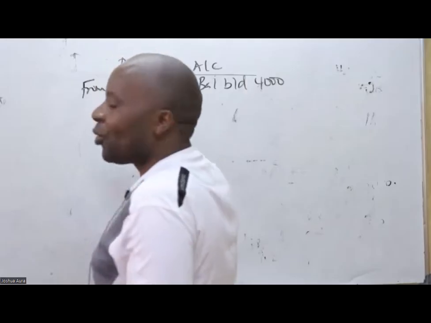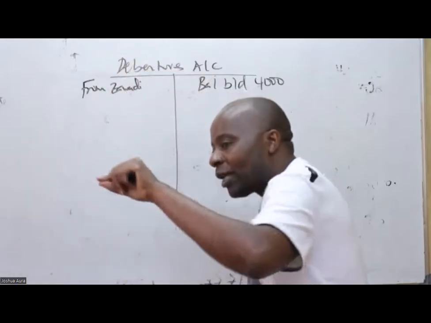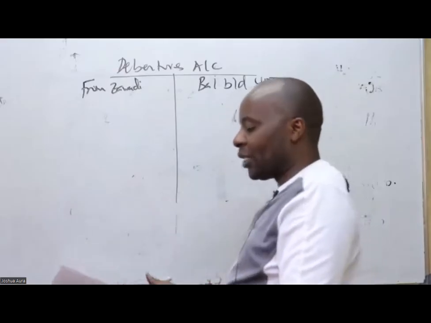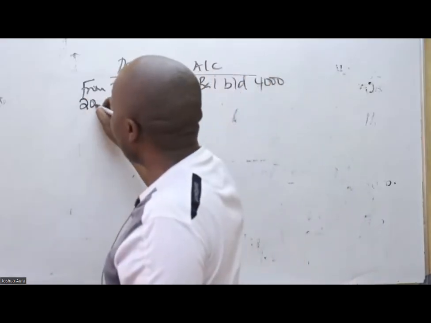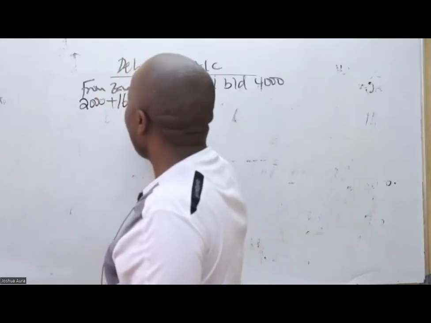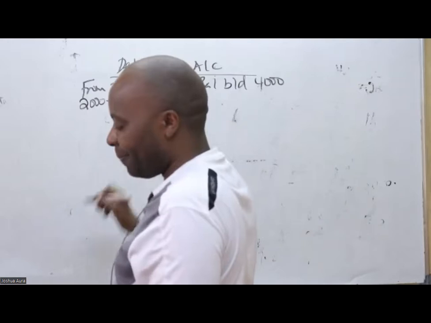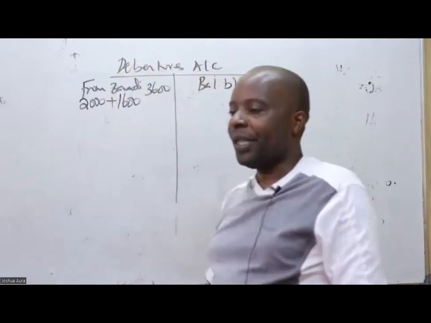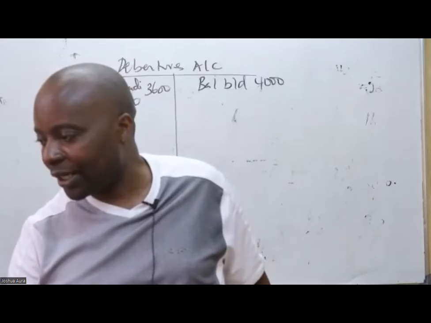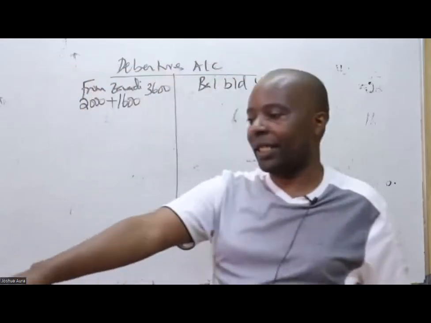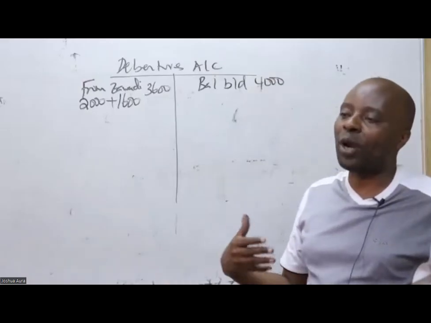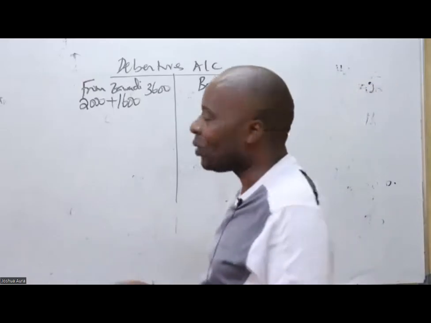So is there somebody who can go to the debenture holders and tell us which amount they received from Zawadi? From my calculations, I can see they received 2,000 from Zawadi, and 1,600, which gives me a total of 3,600. Is that correct? Debenture holders, is that correct? Thank you so much, Nyaboki. 3,600. So debenture holders, mambo mengi, unless uambiwe kwamba kuna accrued interest on the account, nothing much.